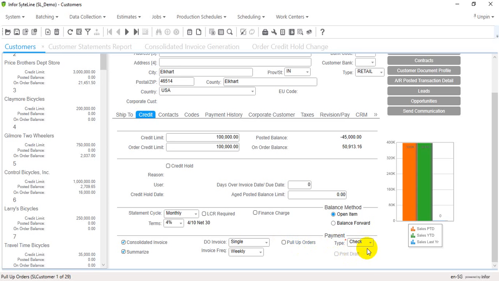And then you have the payment type here. So your payment types can be a check, draft, wire. So on the price adjustment invoice form, and also on AR payments form and AR quick payment application forms, this payment type displays from the customer's record for reference. And this print draft is, when the type is draft, this gets enabled, and then you can also make this print draft